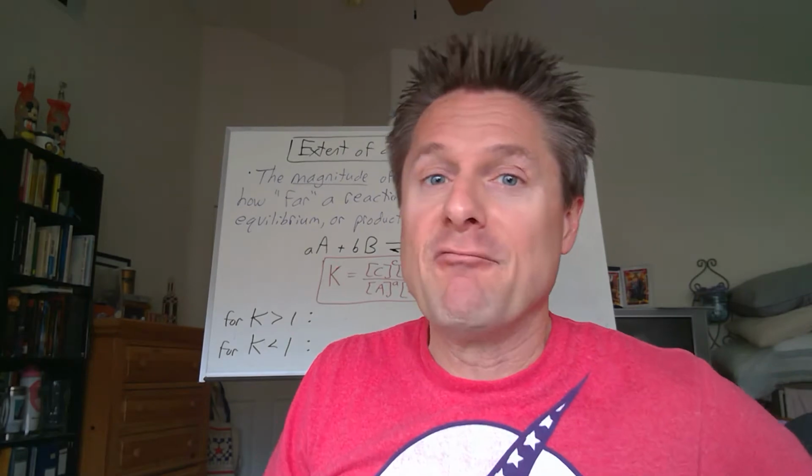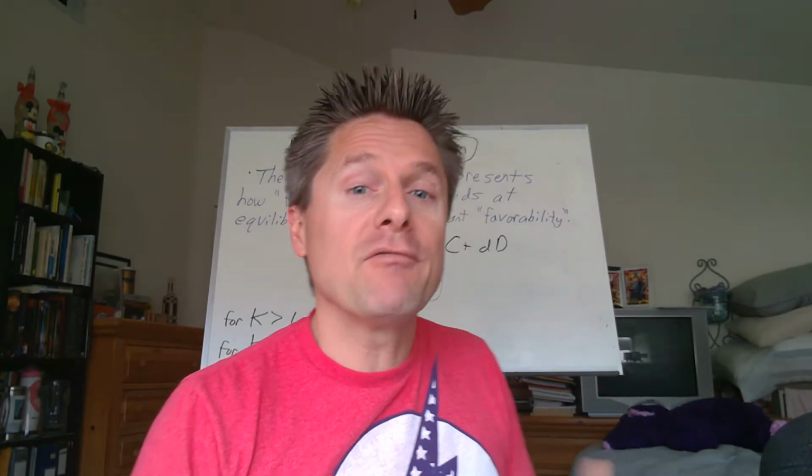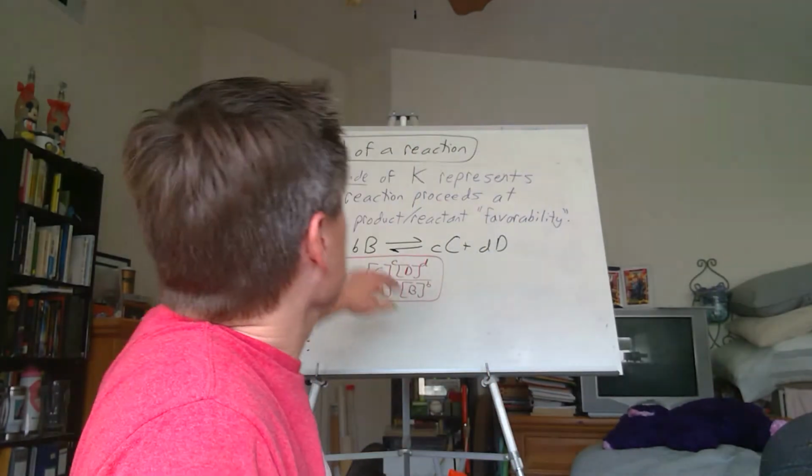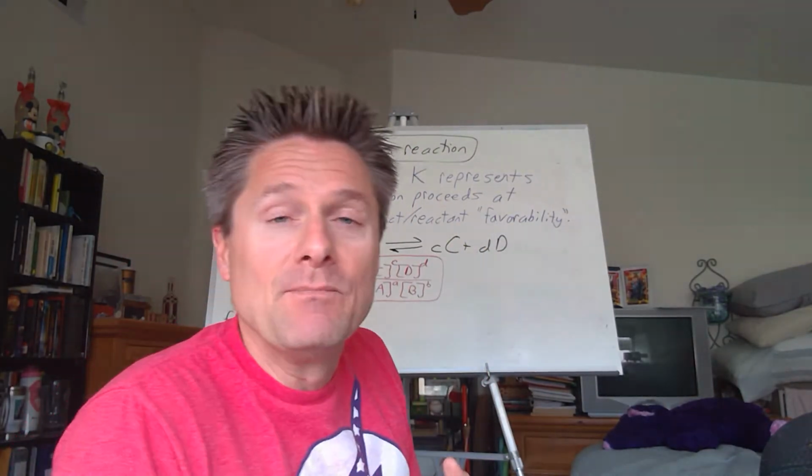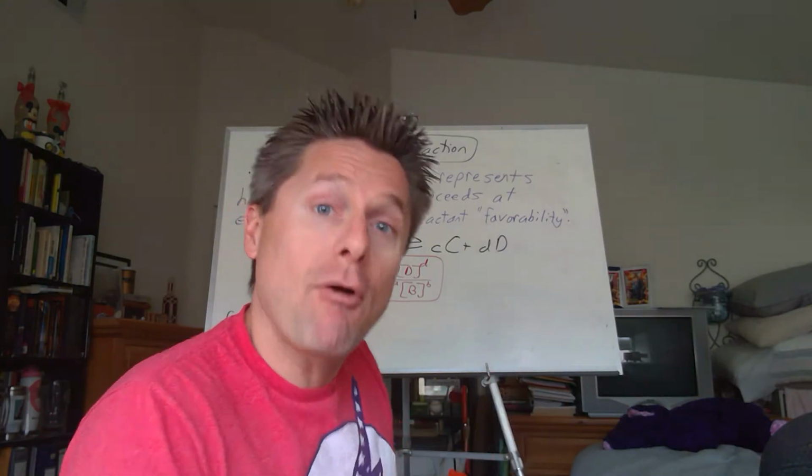So first, let's look at the value of K and what does it mean when you look at it, because we're going to look at tons of tables in your appendix in the back of your book and other tables, and I've typed those all out for you, and they're on Canvas under handouts, so you can download those to your phone or print out hard copies if you want to. But the value of K, if we look at what K is real quick, right? That magnitude is going to tell us how far that reaction